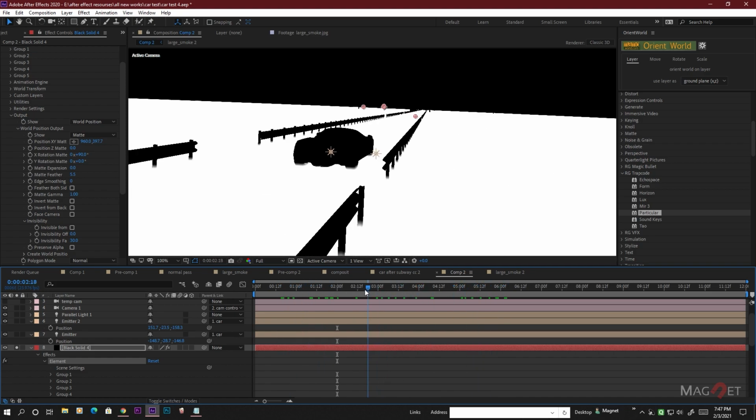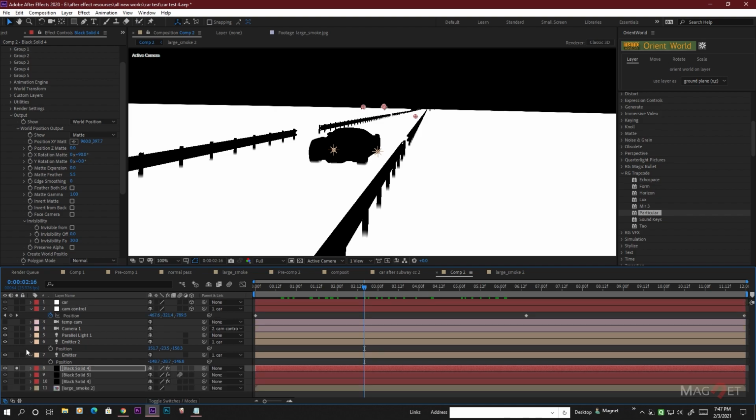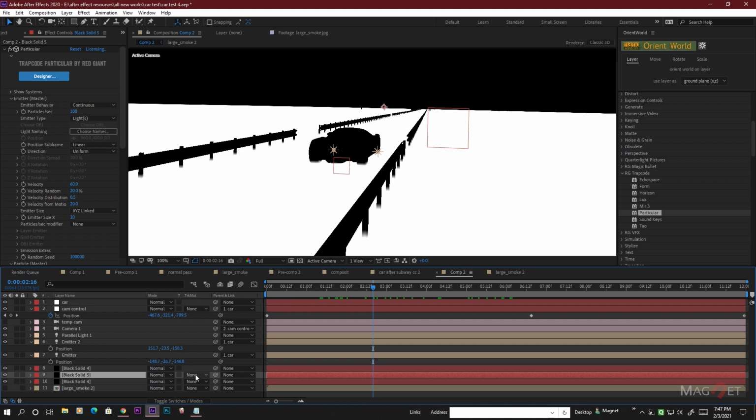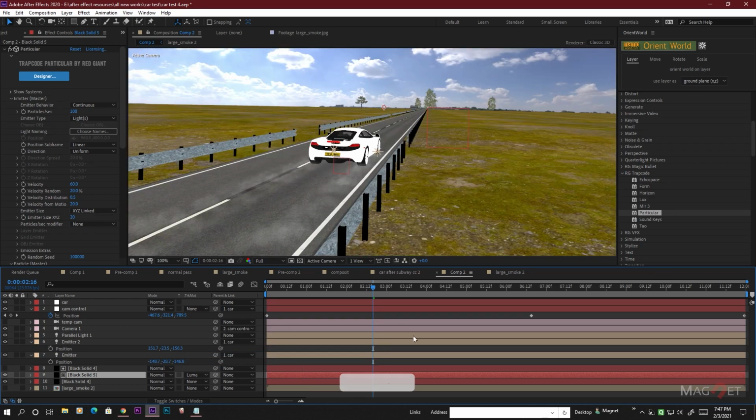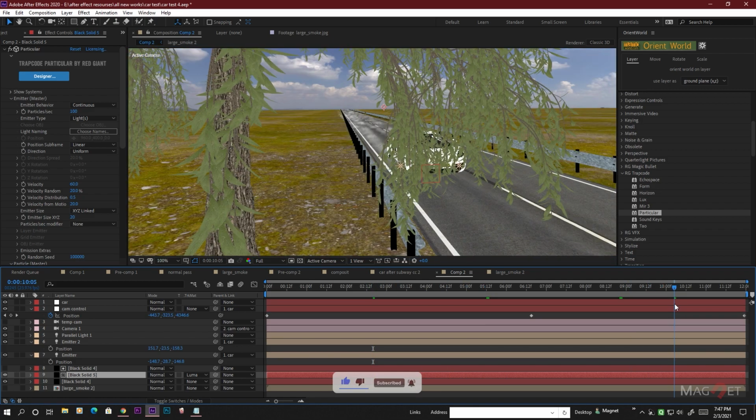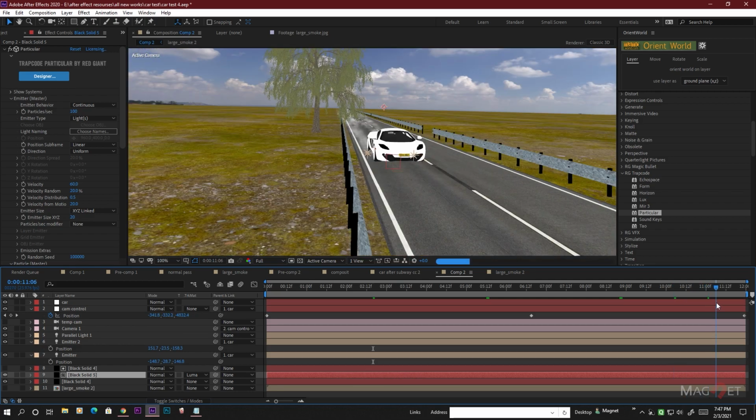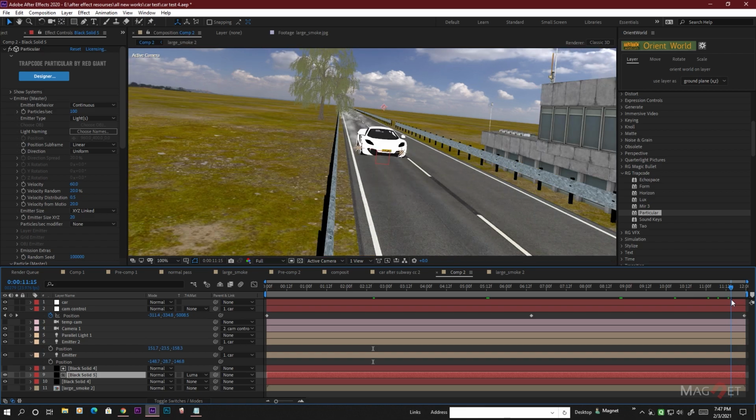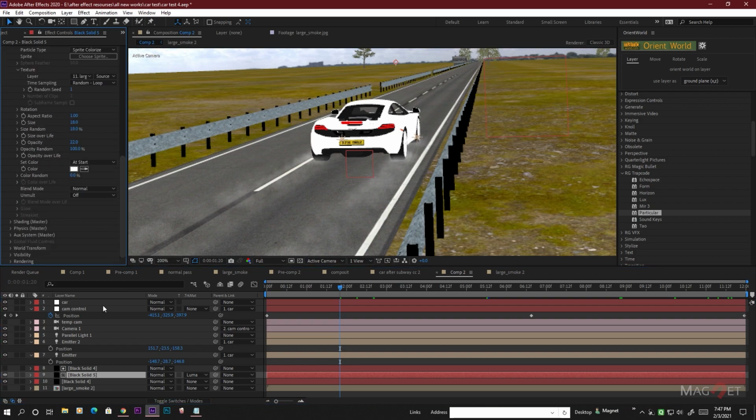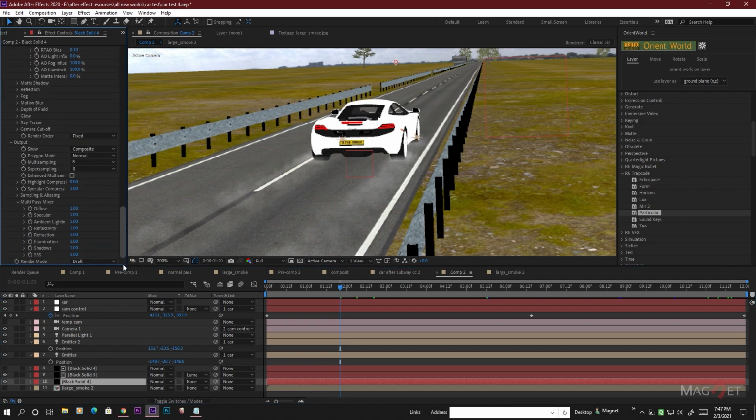So now we use this as a track matte for our smoke layer. So select the smoke layer here and unsolo this, and now we select the track matte to Luma Matte. Okay, so in that way you can see the smoke. Okay, so that looks nice for now. So now if we go to our main Element 3D layer and change it to full render,